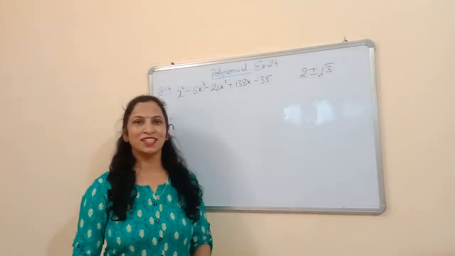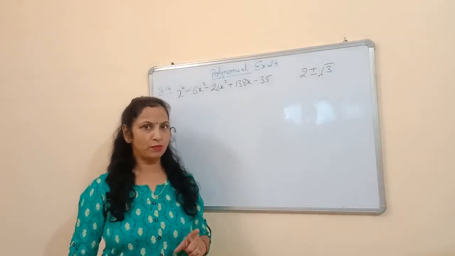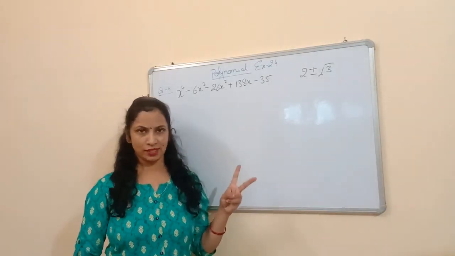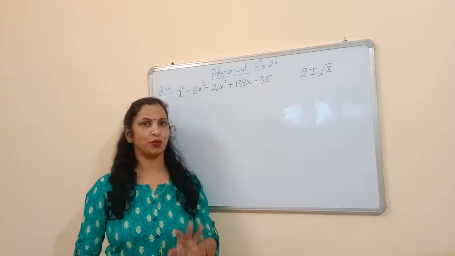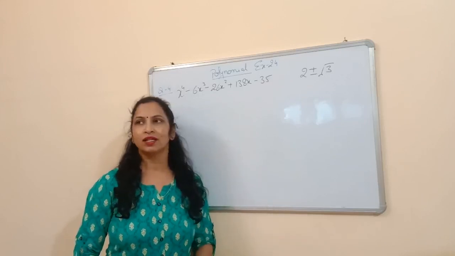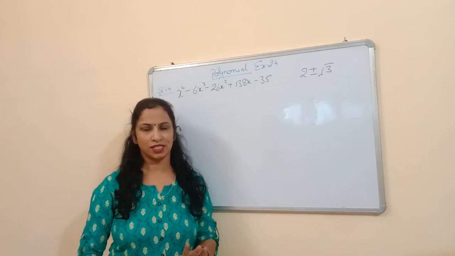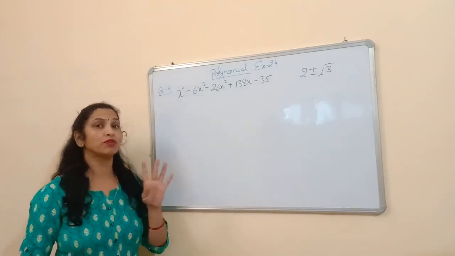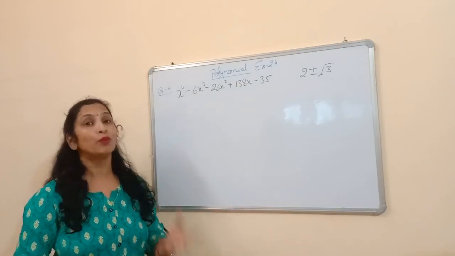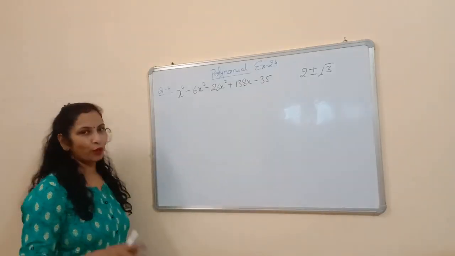Good morning, students. Now we are completing the chapter Polynomials by completing the last two questions of exercise 2.4. We have done up to question number 3 of exercise 2.4. This is the optional exercise and this is a really important exercise. Two or three years ago, one question from this exercise, question number 4, was there in the board examination. So it's an important exercise.